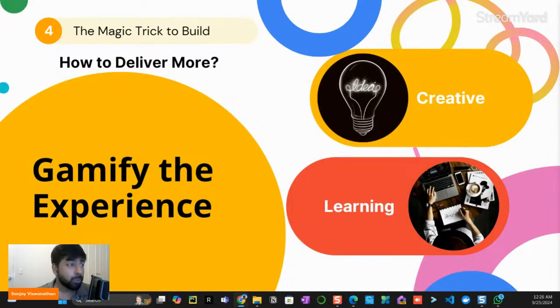So how you can gamify the experience. You can be creative, you can introduce a new learning experience, and you can influence how you teach GitHub from a very different perspective. And as a GitHub campus ambassador, if you're going to be in the future, this is what exactly you're going to do as any program manager or any community building member, the same thing in a different way.